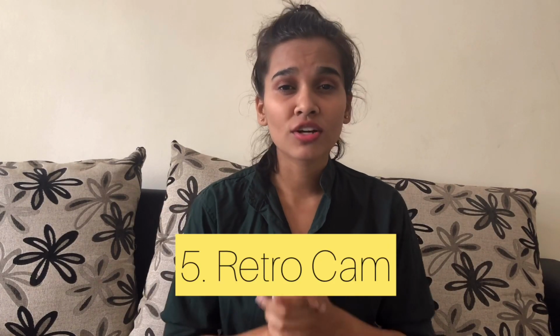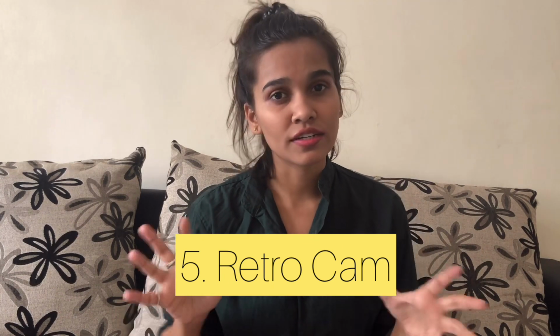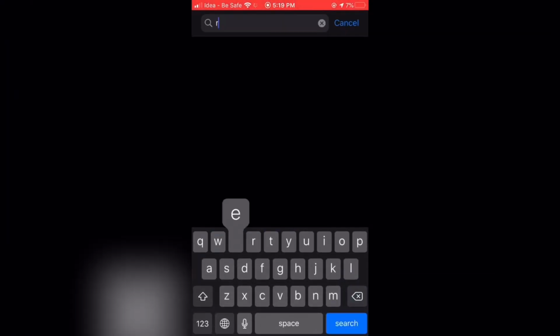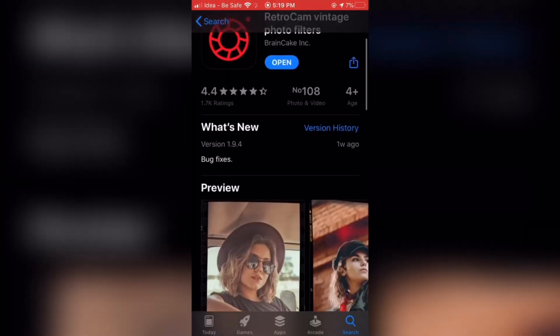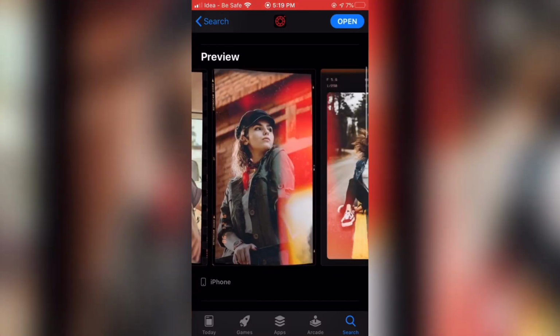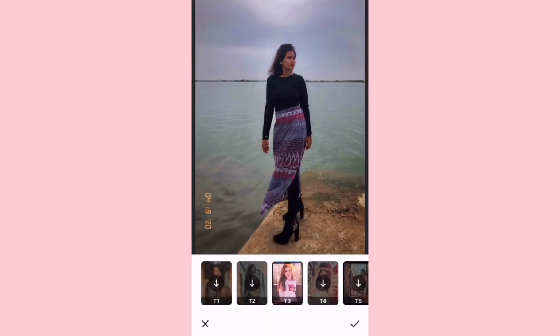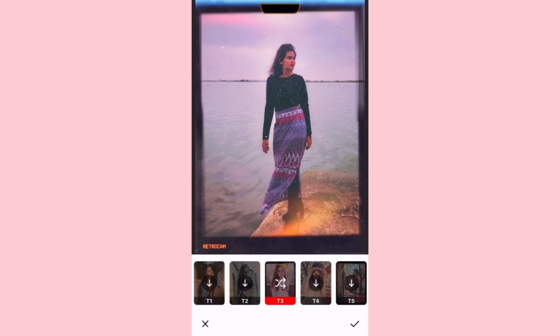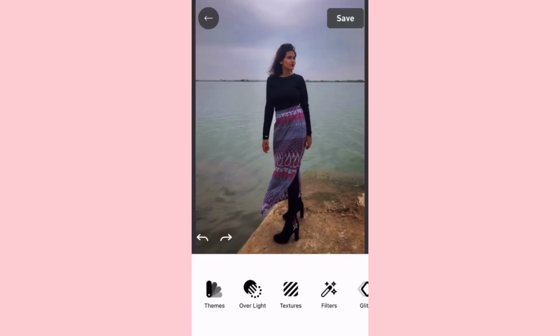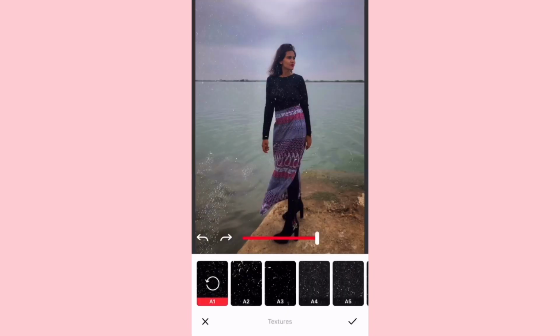The second one is RetroCam. RetroCam has got great filters for creating vintage pictures. So just try that. I'll show you how exactly it works. You can go for RetroCam. There are a lot of themes. I'll show you one. It will give a vintage look to your picture. Also there are some textures, so you can add some grains and such texture in the picture.